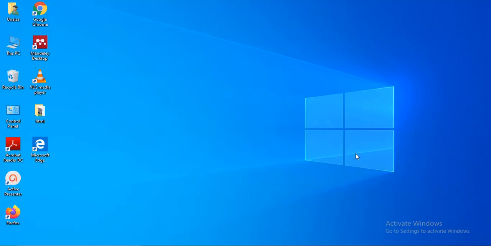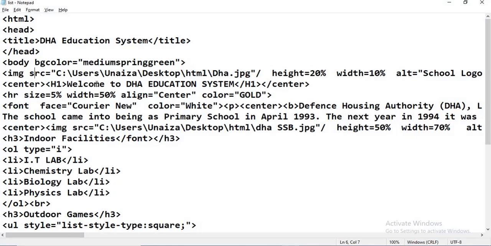Now here I am giving the path. Because it is on the desktop, and anything you save on the desktop is in the C drive, so the drive name, then the folders inside it, then the desktop. In the desktop there is a folder named HTML, and there the name of the image is DHA. .jpg is the extension I told you earlier.